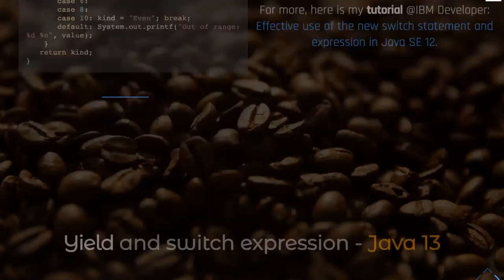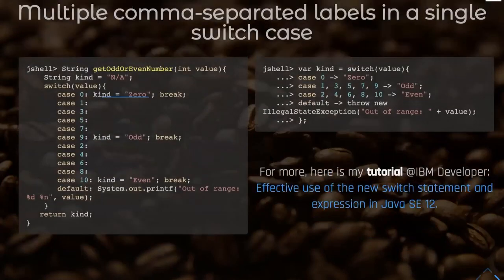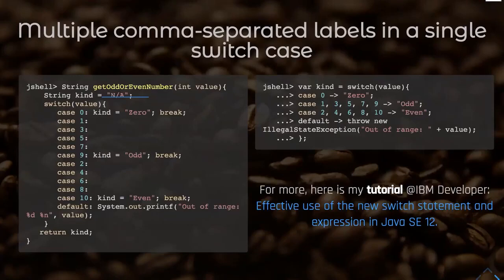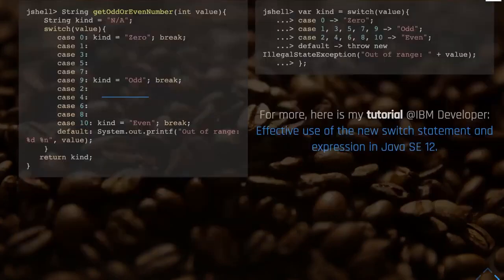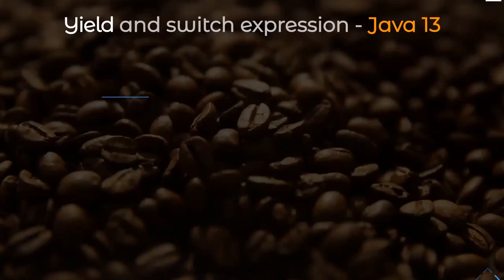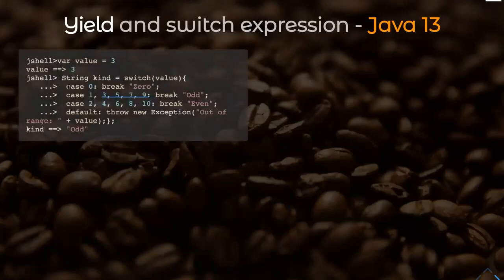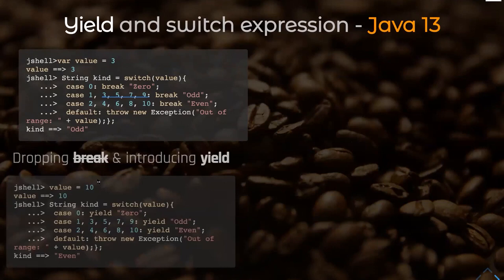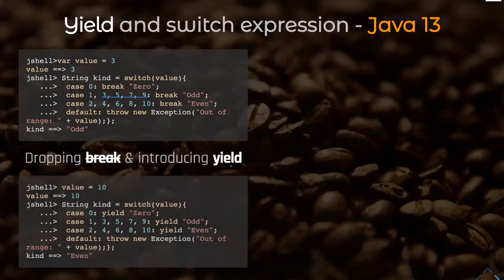Because in Java 13, we got a lot of requests from people saying, okay, you are using break as a return value, which doesn't make any sense. You can say in case of 0, break 0. Break 0 means return 0, which doesn't make any sense. So based on your feedback as a community, you said, please make it yield. It makes more sense. Since then, we removed break and introduced yield. And it could be run in this way.